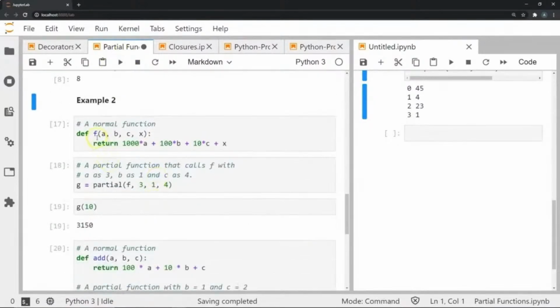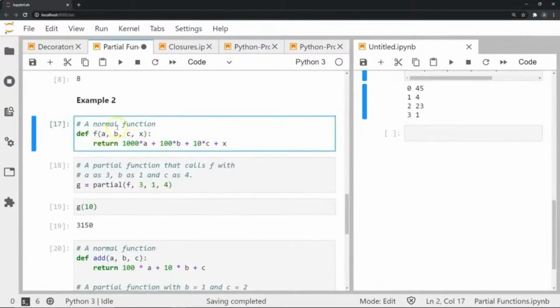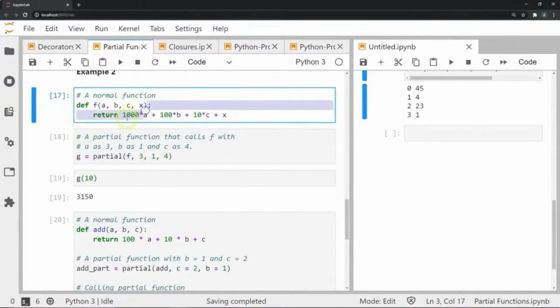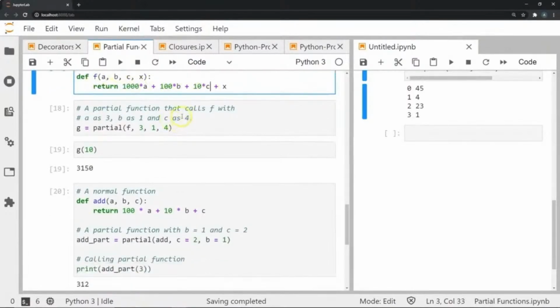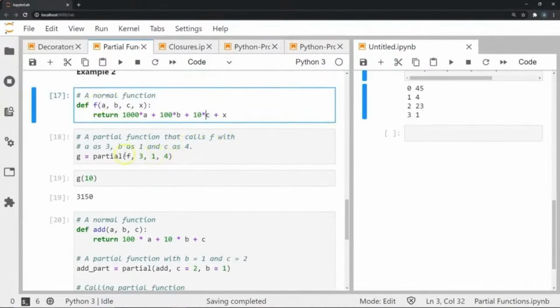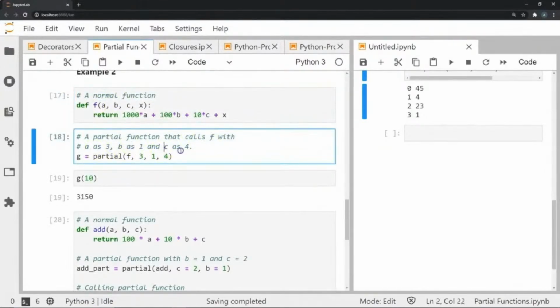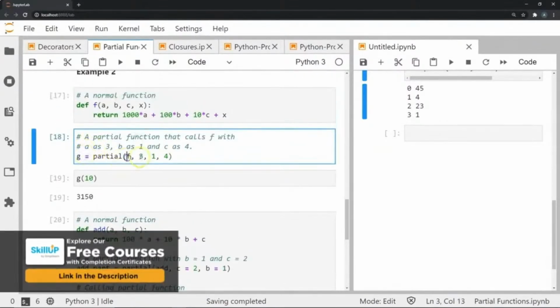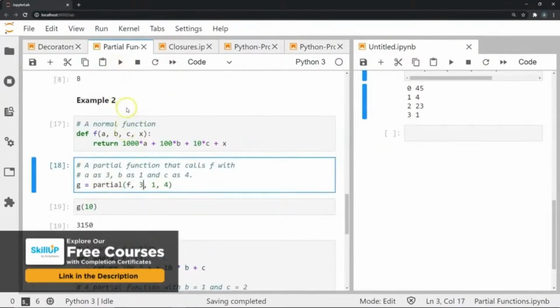Let's look at another example. We have a function where we define some function with 4 arguments: a, b, c and x. We're going to return 1000 times a plus 100 times b plus 10 times c plus x. Now we're going to create a partial function that calls this function, but it's going to use a as 3, b as 1 and c as 4 always. How we do that is g is equal to partial like this. Once we've executed these,